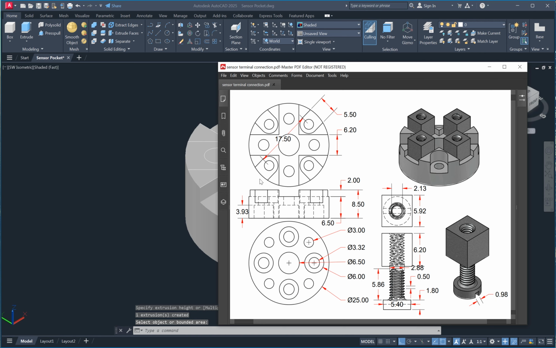The next here, we need to extrude 3 mm here.